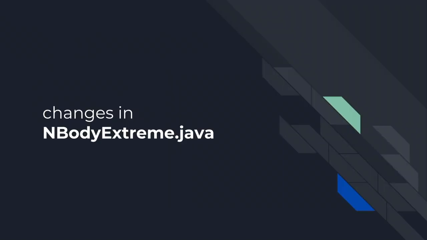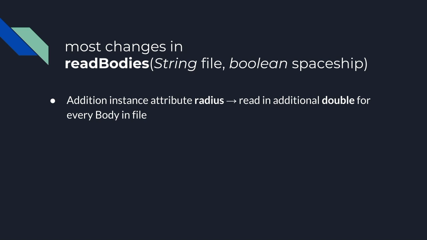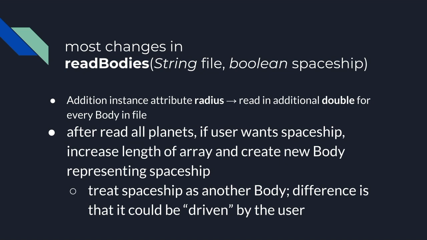We also had to make alterations in NBodyExtreme.java. So most changes are in the method readBodies, since that's the method that parses through the planets that are available to us in this universe. Since we created an additional instance attribute, radius, in BodyExtreme, we have to read in an additional double for every body in the file. After you read all planets,